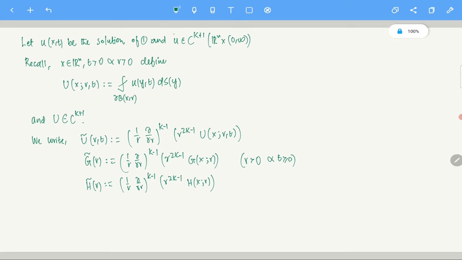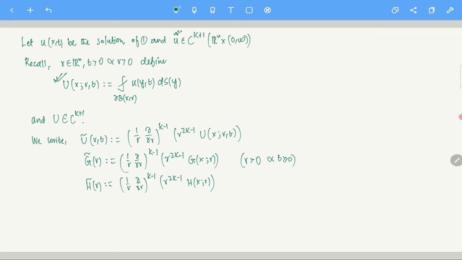We took this small u, we assume that there is a small u, and we defined this capital U like this, which is the average of small u over the spheres, right? Now what we did is we defined u tilde, g tilde and h tilde. So essentially we defined u tilde as r times capital U, and we showed that u tilde satisfies, if you remember, that particular one-dimensional wave equation, right?